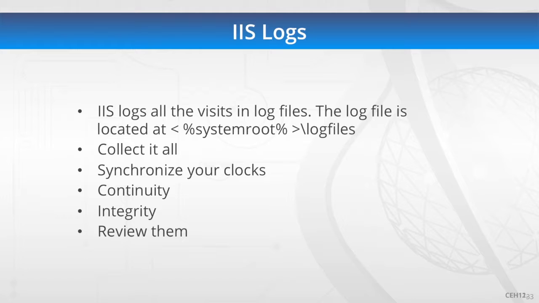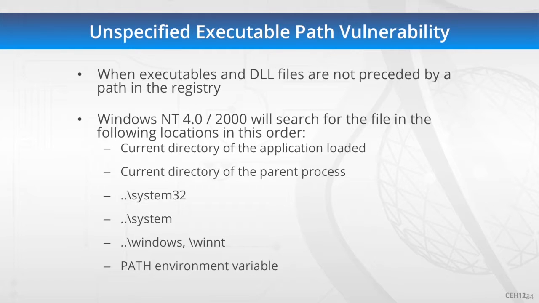For instance, system32 and a path environment variable that will allow you to get to these different locations without being specific. So what you need to realize is that it is possible to do directory traversal on Windows machines as well as other operating systems that are out there,